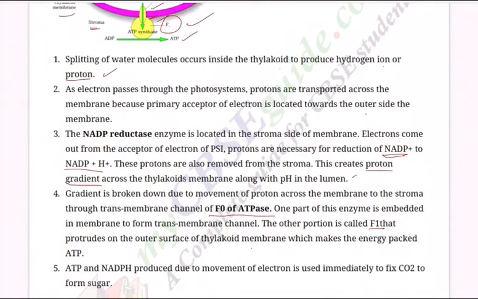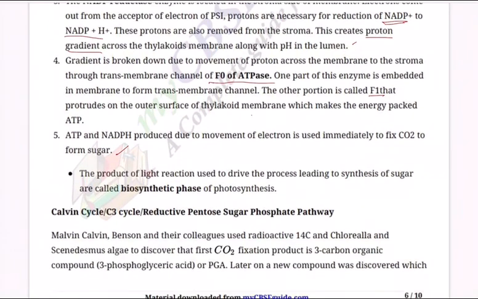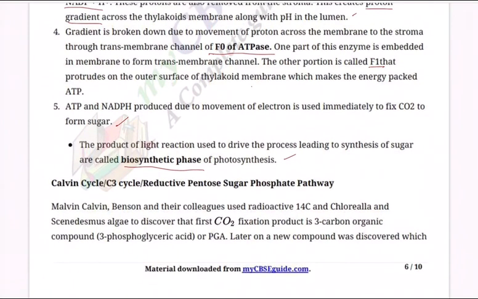ATP and NADPH produced due to movement of electrons is used immediately to fix CO2 to form starch or sugar. So, the products of light reaction used to drive the process leading to synthesis of sugar are called the biosynthetic phase of photosynthesis. So, moving ahead, we have what is called the Calvin cycle or C3 cycle or reductive pentose phosphate pathway. So, we are thankful to these two scientists, Melvin Calvin and Benson, and their colleagues,